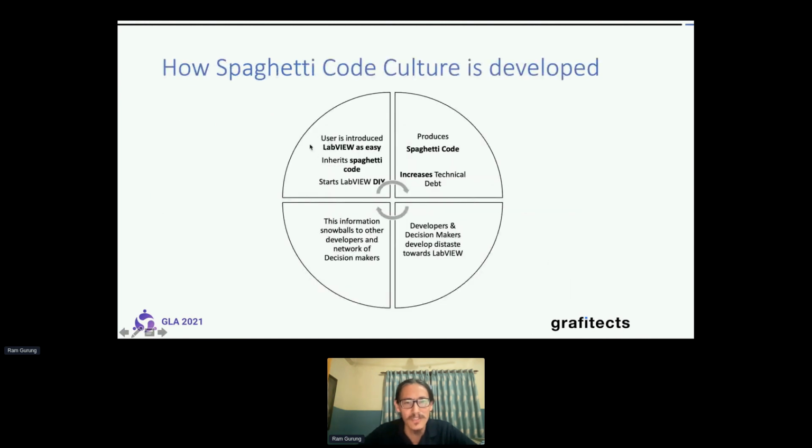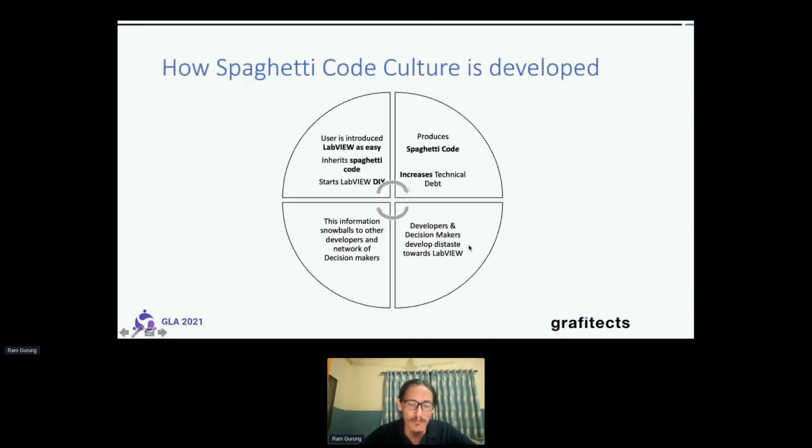The first thing is LabVIEW is introduced as an easy programming language. It's not even a software programming language, it's actually a simulation. If you introduce people like that, or they inherit spaghetti code as the first thing they see, or it starts with 'LabVIEW, do it yourself', people say it's just like drawing. Finally you are going to produce spaghetti code, increase the technical debt,